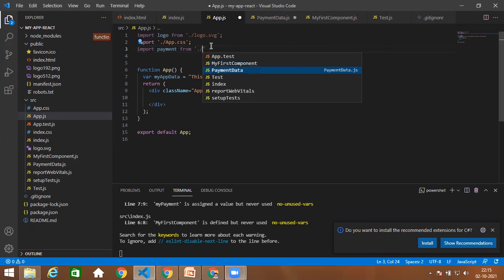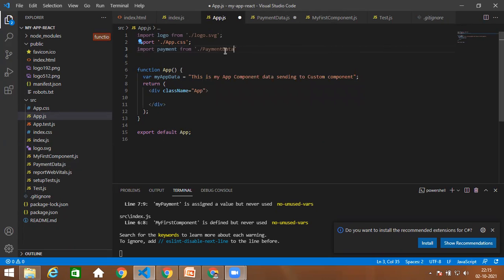So here payment data. Okay, if you are not giving any extension after this payment data, by default your React framework considers it as a JavaScript file. If you want to import any other CSS files, you have to give .css explicitly. But if it is a JavaScript file, you need not give .js. By default it considers it as a JavaScript file.